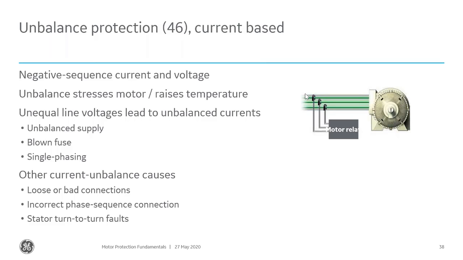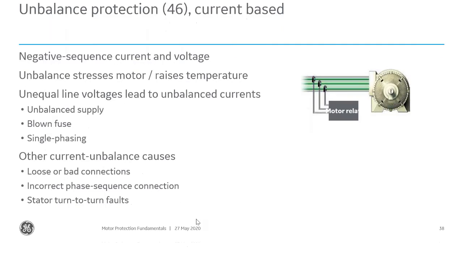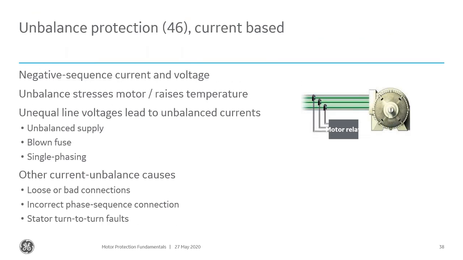Okay, so it's an unbalanced current element. And we can set that with a relatively long time delay. Typically, we'll set that at around 10% negative sequence current, 10% of the positive sequence. So if we have negative sequence at 10% of the positive sequence, that could be a blown fuse upstream, something